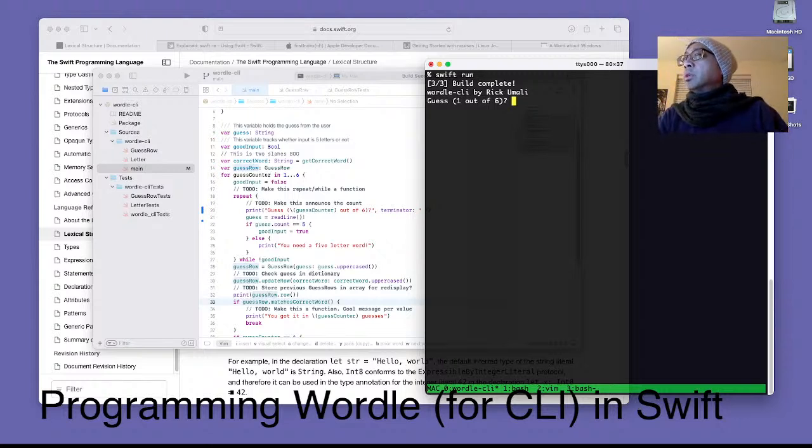Guess 1 out of 6. I'm going to say, oh boy, wrong here. And what I want now is every time I make a guess, hello, I want it to print the guess. I want to print the rows, something like this. I'll just grab this output and put it into another window here, and I want it to look like